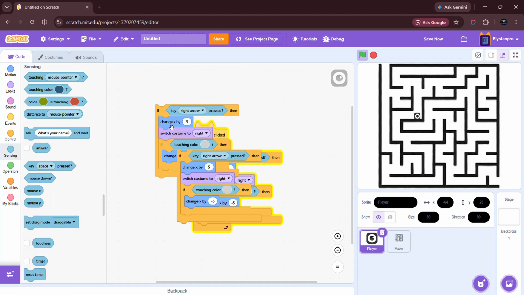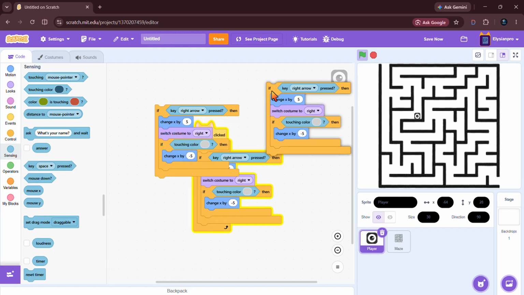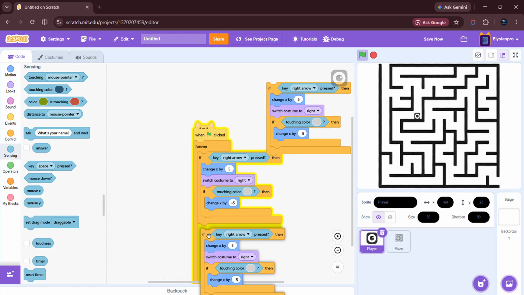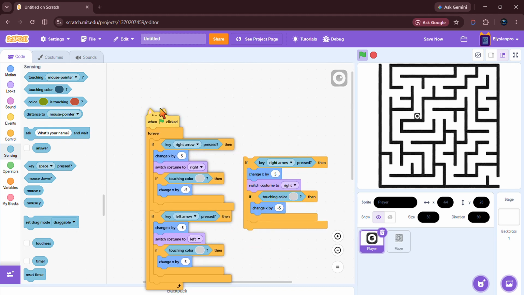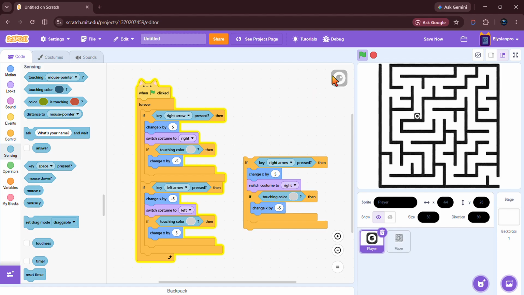And also duplicate this again, keep it over here, and now drag it over here, left arrow key pressed, and keep this as -5 and keep this as 5 and switch costume to left. And as you can see here, code is exactly how we want it. See, it is also moving but not going much, there, done. But for the up and down also we need to do, so it is going left, right, everywhere, but